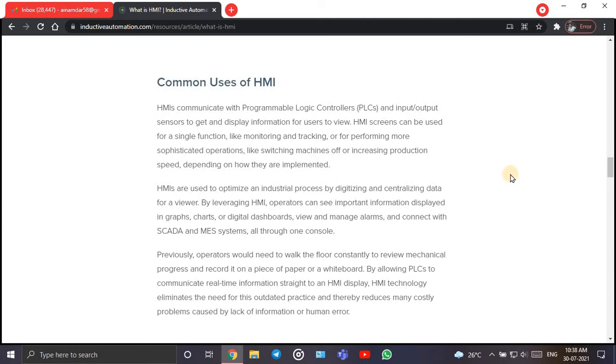Also, HMIs are used to optimize an industrial process by digitizing and centralizing data for a viewer. Okay, this is what collection of data means. So by leveraging HMI, operators can see important information displayed in graphs, charts or digital dashboards, and also through one console.